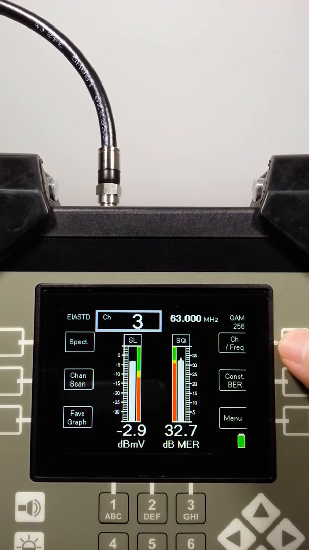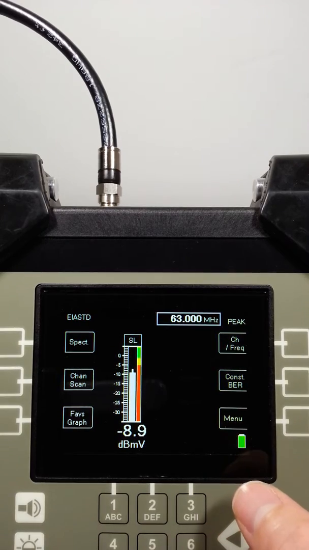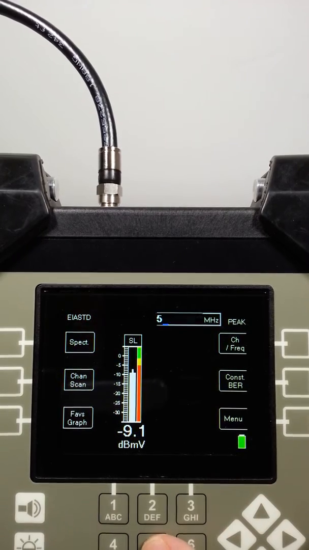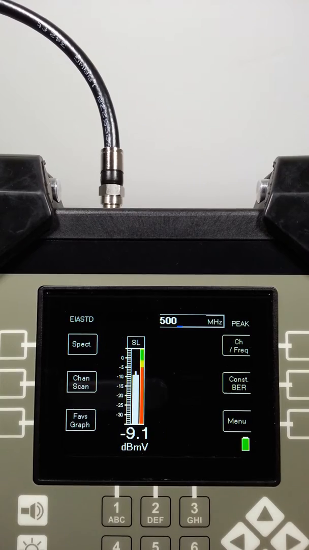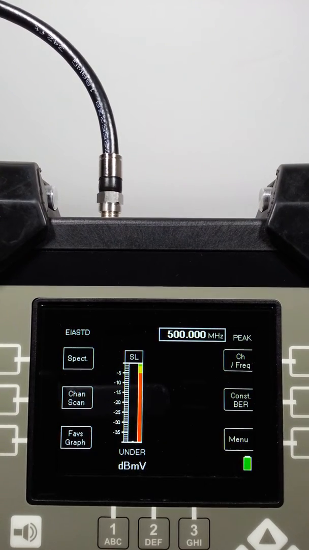If we want to tune by frequency, we can select the tune by channel or tune by frequency shortcut soft key there, and now it's switched into tune by frequency mode, where it's showing you the raw RF level that's being measured at the selected frequency. So if we want to tune to a different frequency, for example 500 megahertz, we would type 500, enter into the numeric keypad, and as you can see, it's showing under for the RF level,